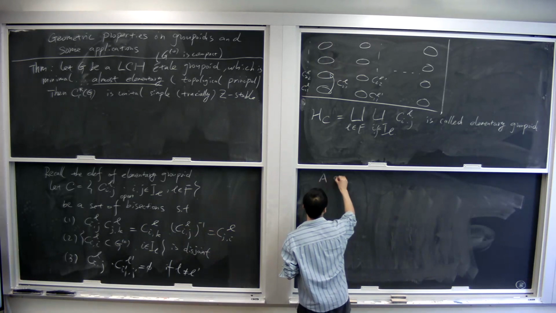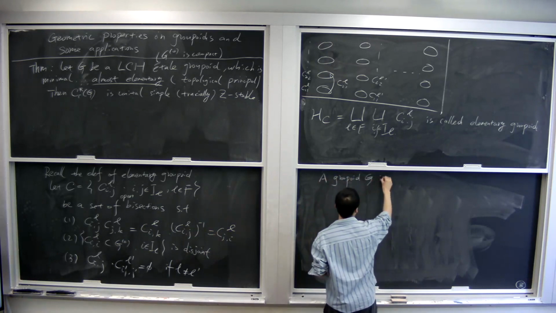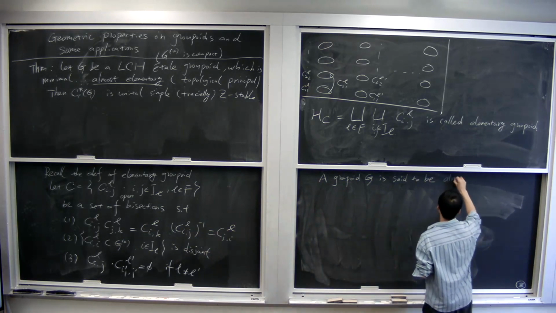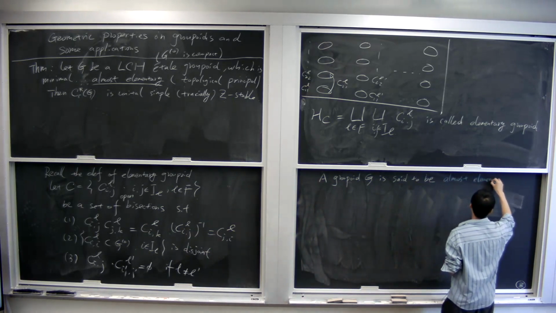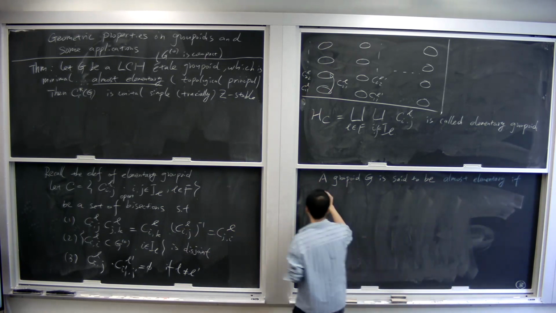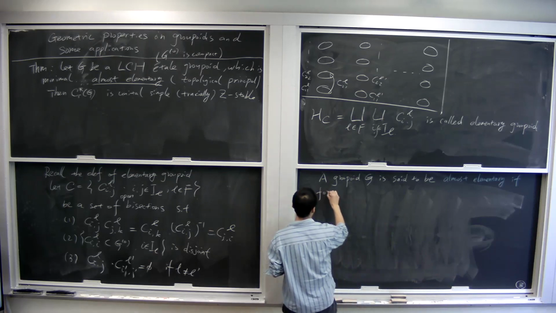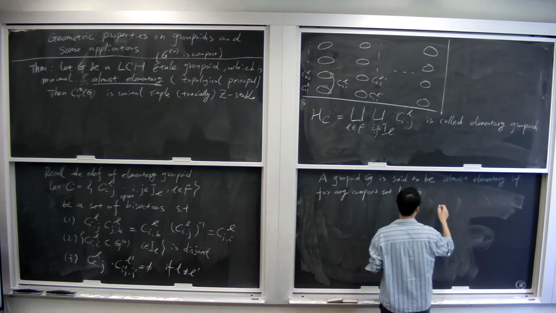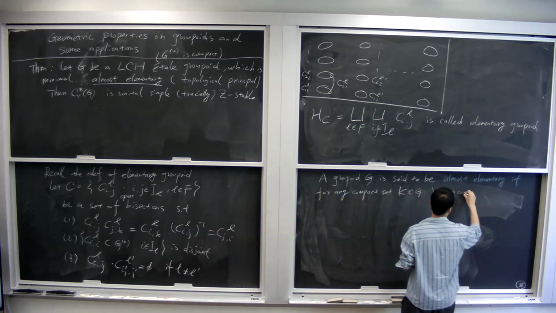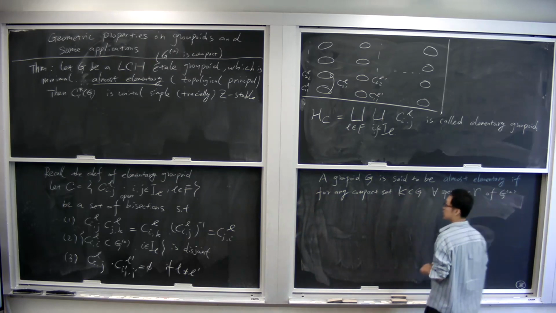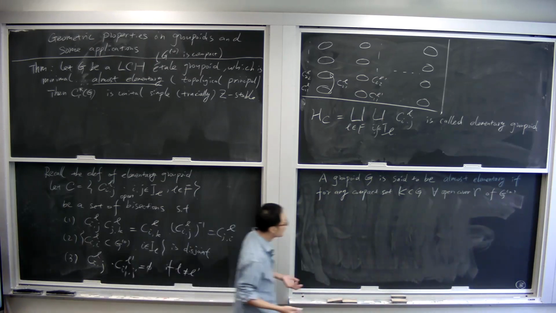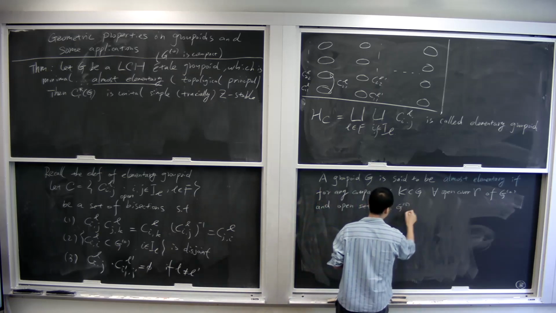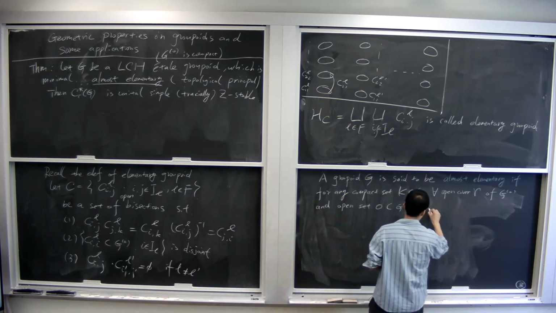So a groupoid G is said to be almost elementary if, for any compact set K in G, and for any open cover V of G^0, note that here we assume G^0 is compact, not locally compact, and an open set O also contained in G^0, we can always find that there exist